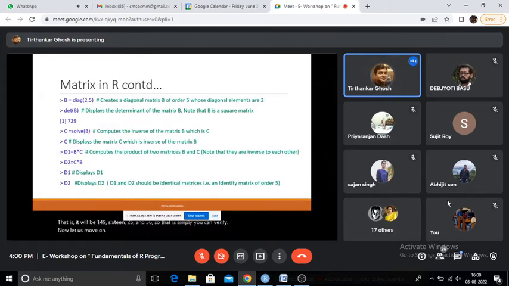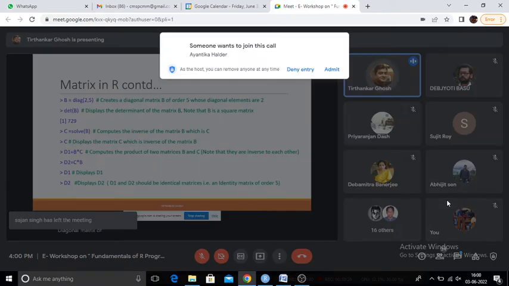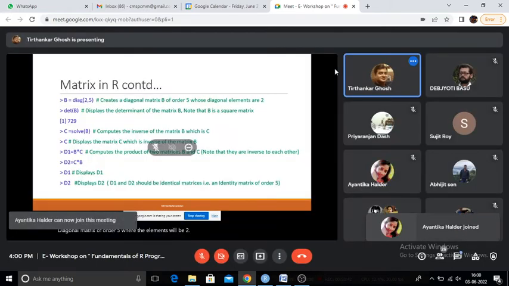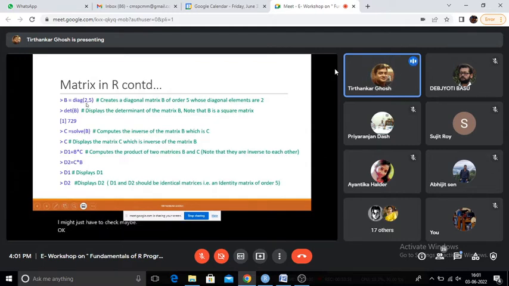For B, we are assigning diag(2, 5), meaning B is going to be a diagonal matrix of order 5 where the elements will be 2. Am I right? I have to check, and when we do this we can verify the output.